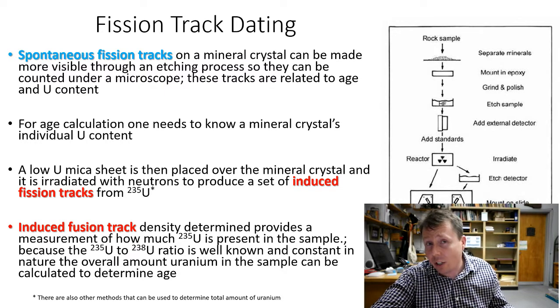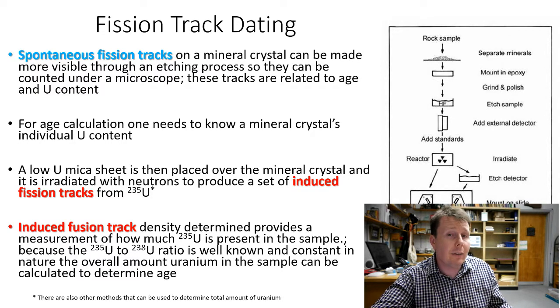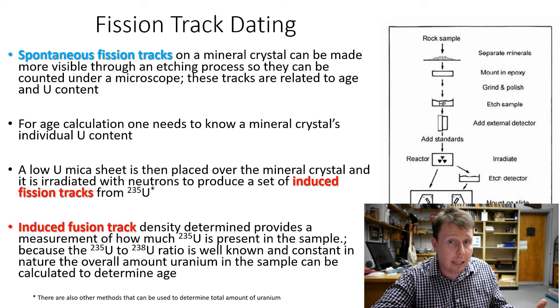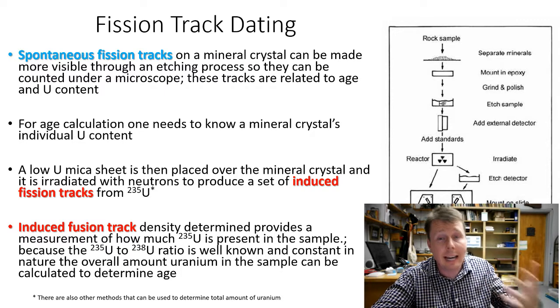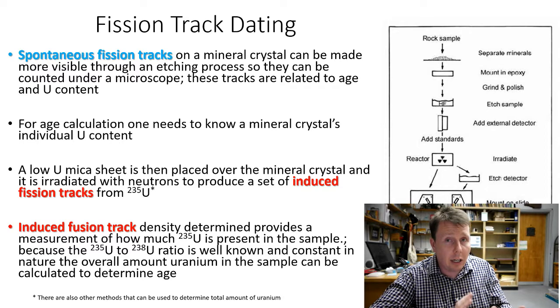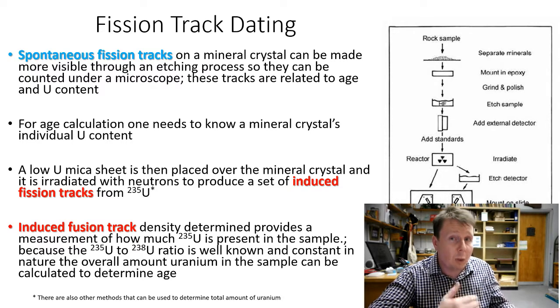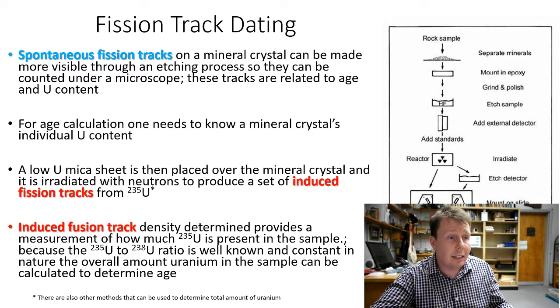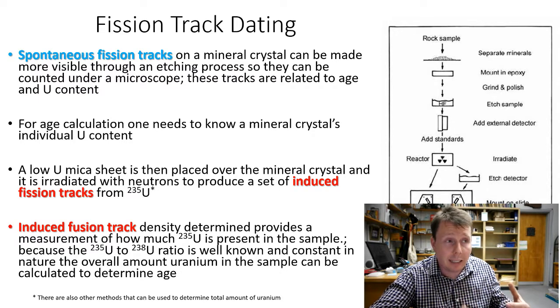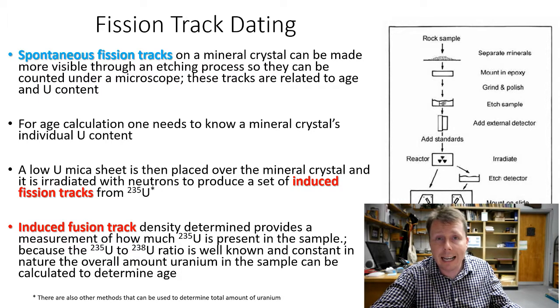On the other hand, what we can get is something called induced fission track. Now, if you've ever heard the word induced before, you've probably heard it with labor and pregnancy. If you induce somebody during labor, you're basically forcing the labor and having the baby early. In this case, we're not talking about having babies, but what we are forcing to happen is we're forcing the isotope to become super excited and super radioactive to cause this scarring to occur again. So this is what we call induced fission.